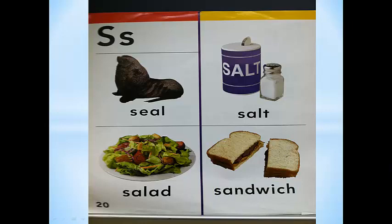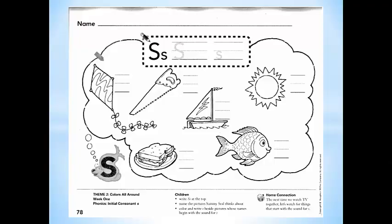Alright? Great job. Now, your assignment for today is, well actually it's called page 78. What you need to do first is write your name up here at the top, right next to where it says name. Then, what I need you to do is trace the capital S and the lowercase s. Then I need you to write the capital S here, and then write it right here next to the capital S again. And then do the same thing with lowercase s, trace it, and then practice writing it on